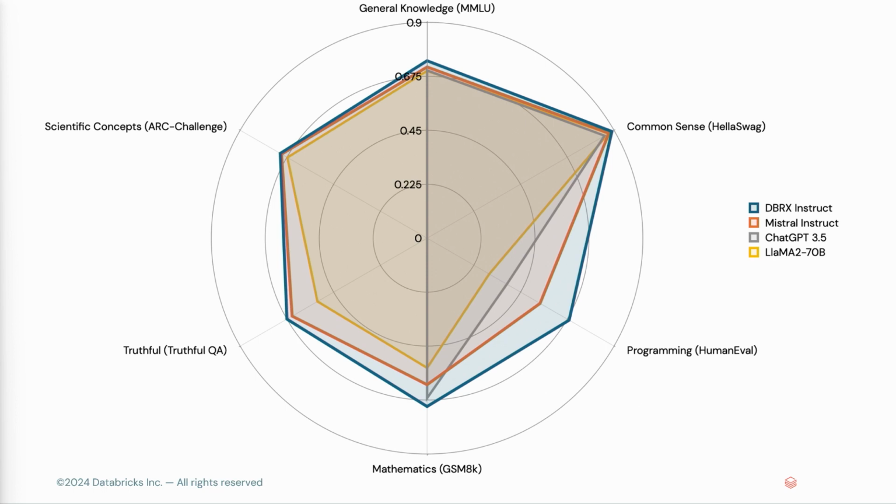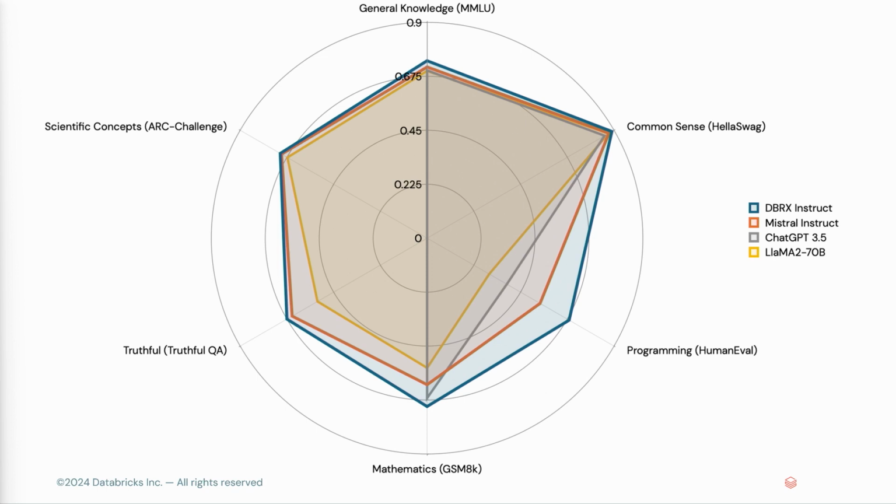And what that does is it gives a nice sort of holistic picture of how these different models perform on a variety of different benchmarks. So it's kind of like an IQ test for these models. And while it's obviously very nice that our brand shiny and new DBRX model is the most performant here, I think the thing that I find most